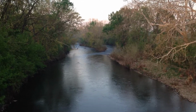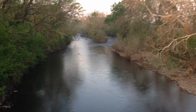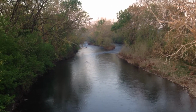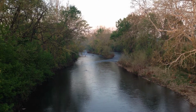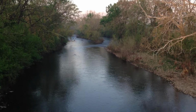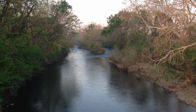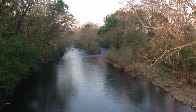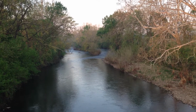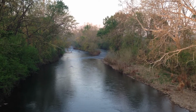Morning class. This is Tuesday, May 5. This is the North Fork Shenandoah River in New Market. We're right next to the airport, and this is a little river survey that we're going to take this morning in class. And when we're finished with the river survey, we will actually